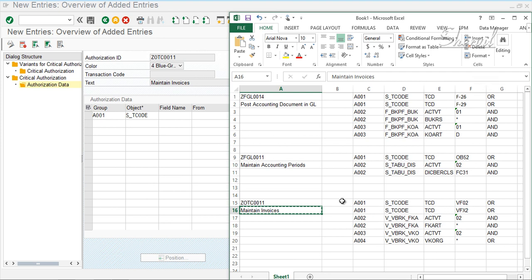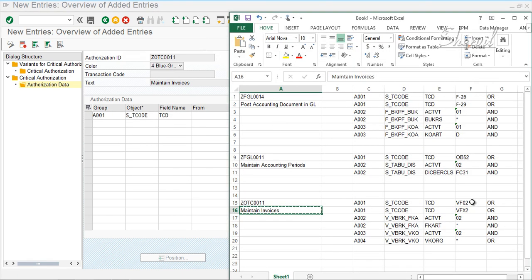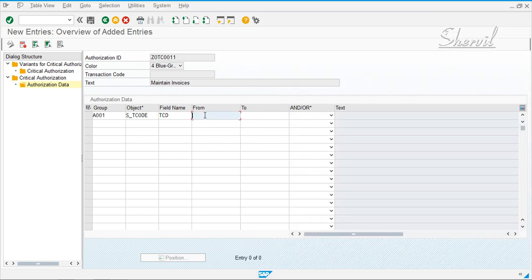So what is TCD? And then you have the transaction codes VF02. Select an OR because we have 2 transaction codes in this example.